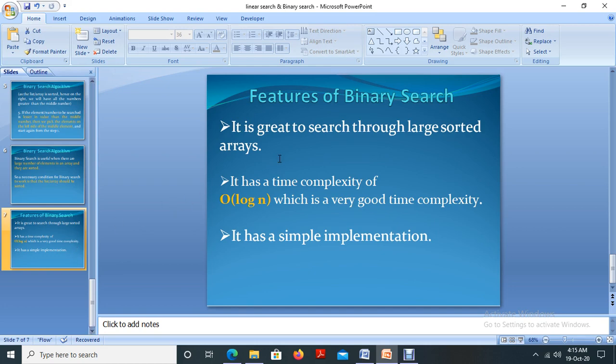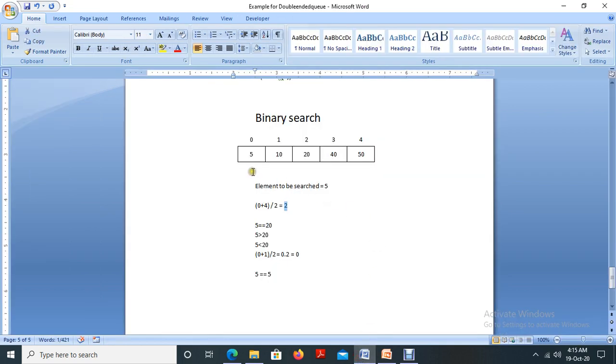And the features of binary search: it is great for searching through a large sorted array. So the sorted list of elements should be large, and only then is it useful. And the time complexity is O(log n), because, as I told you, we are avoiding the unwanted search. In the case of linear search, we would compare each and every element in the list.